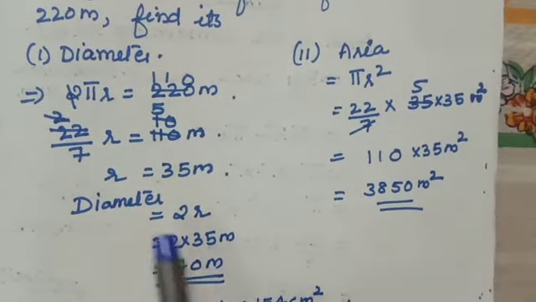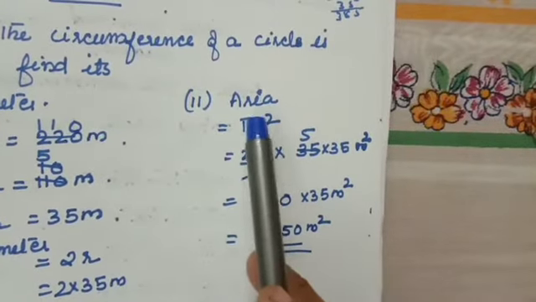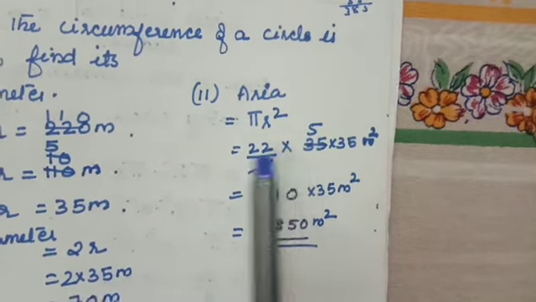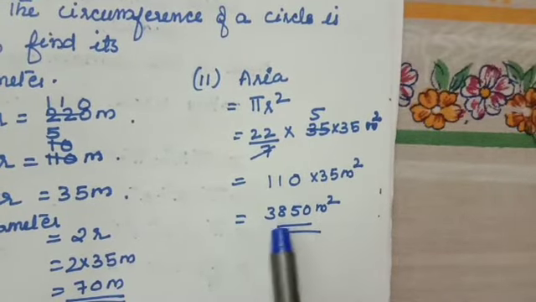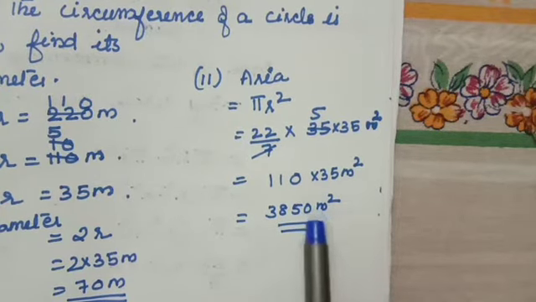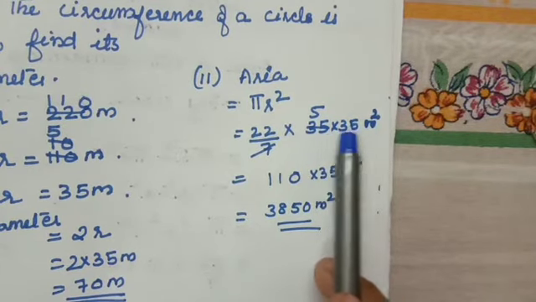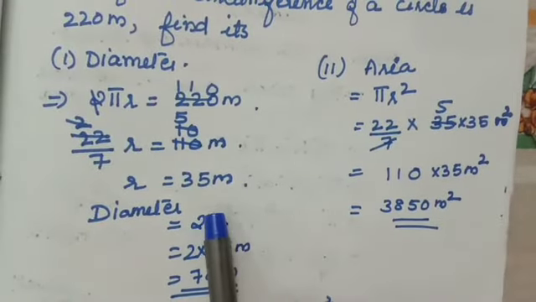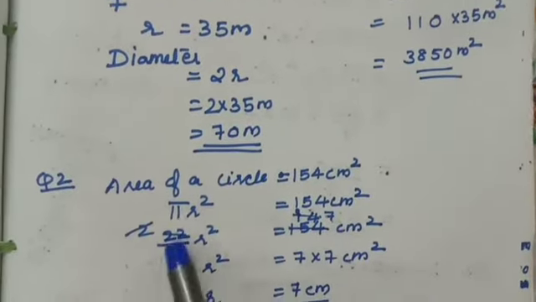Units are very important as well as the formula. Okay. Now you have to find the area. Area equals pi r square. Pi 22 upon 7. R you already found, that is 35. 35 into 35 cut out. You will get 3850 meter square. Area is in meter square, because here it is 35 meter into 35 meter, two meters are there, so meter square. Okay. Area in meter square. Circumference, radius, diameter will be in meter.